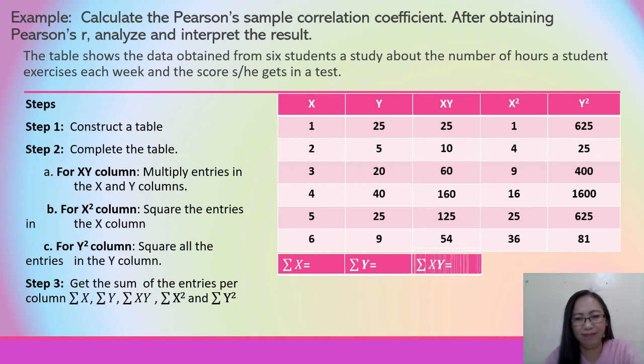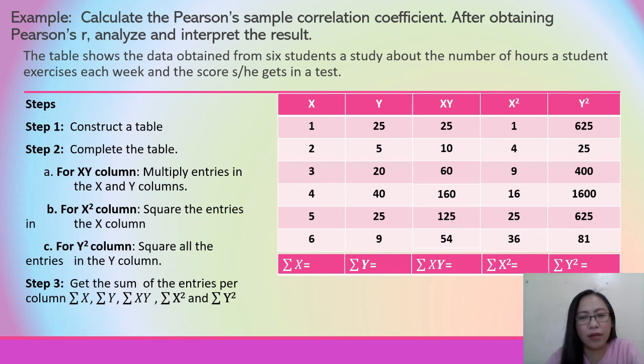So summation of XY, summation of X squared, and summation of Y squared. To get the values for this, the sum of the entries, we have to add them because it's called summation, so we get the sum. Okay, so 1 plus 2 plus 3 plus 4 plus 5 plus 6, that gives us 21. Next, the Y column: 25 plus 5 plus 20 plus 40 plus 25 plus 9 gives us 124. For the next column XY, we have 25 plus 10 plus 60 plus 160 plus 125 plus